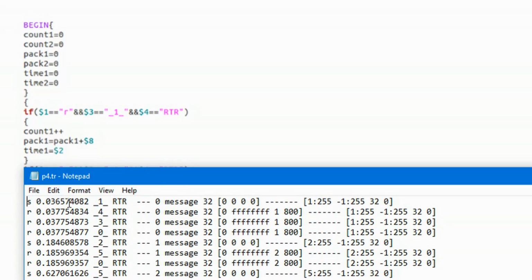The 8th is 1, 2, 3, 4, 5, 6, 7, 8, this 32. What is this field? This column is the FID field, that is the flow ID, as used for IPv6. We use it to count the packets that a user can set for each flow in the TCL script, right.